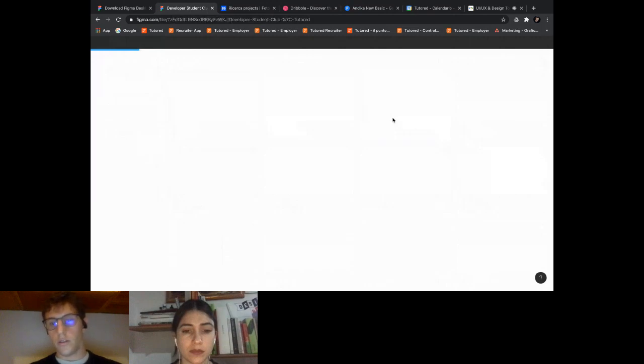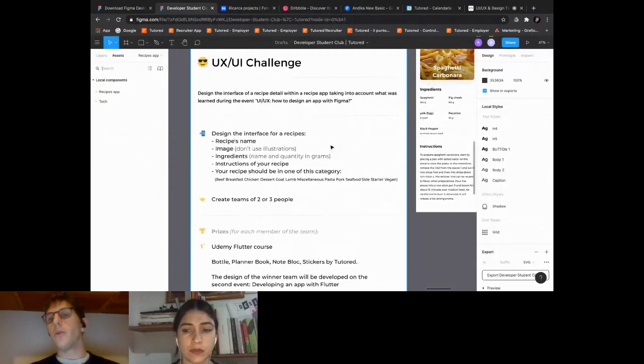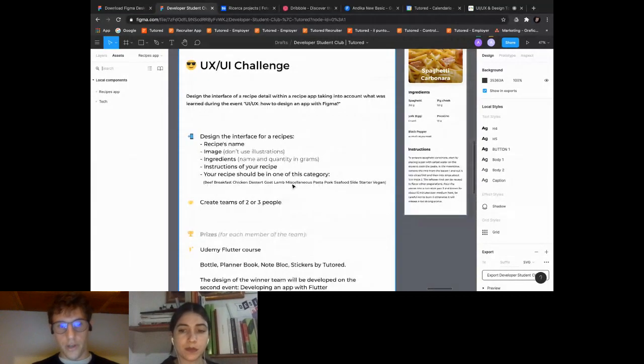You can use your creativity or another recipe. So the design interface for the recipe must have a recipe name, image, don't use illustration. If I have time, I will show you how to download and edit illustration. Ingredients, name and quantity of ingredients, and instructions of the recipe.